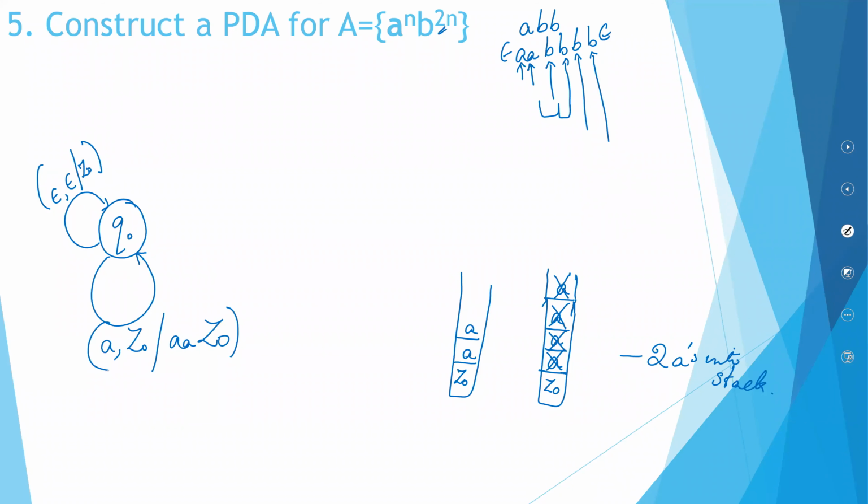Now you might encounter again another A. This is for the first A. When you encounter another A, what is the top of my stack? The top of the stack is A. And then what do you push inside the stack? When you encounter an A, you will be pushing in AA into the stack. Whenever you encounter A, you will be pushing in AA into the stack. So it is just like before. The only thing is, instead of pushing in a single A, you are pushing in a double A.